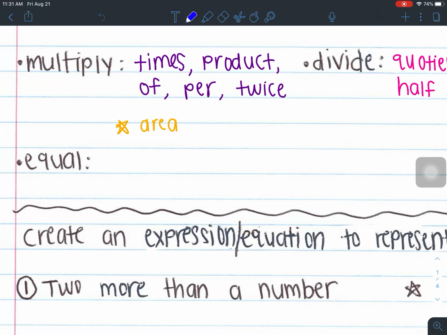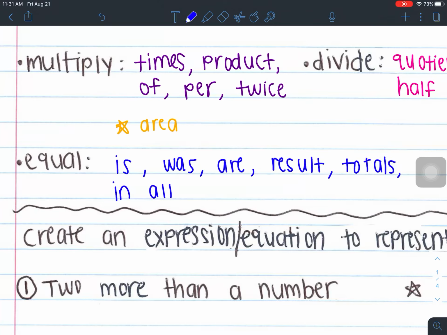Some words that mean equal to me. So these are very important, and it's going to indicate to you, hey, these are the words that are telling me I need an equal sign. It tells me I want an equation. So is, right? Is an equals word. I say 5 plus 2 is 7, right? 5 plus 2 is 7. Is means equals. Is, was, are, results. The result of something, totals,